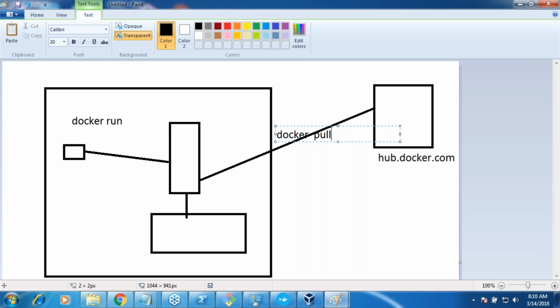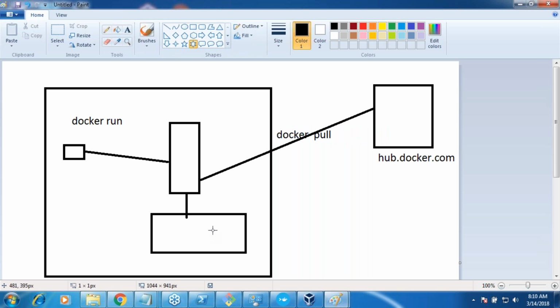So Docker run is a mix of two commands. Whenever you have said Docker run, two things are happening. One is it was pulling the image if it is not found, and the other is the basic run command, which creates the container from the image you have over here. So creating the container from the image is basically run.